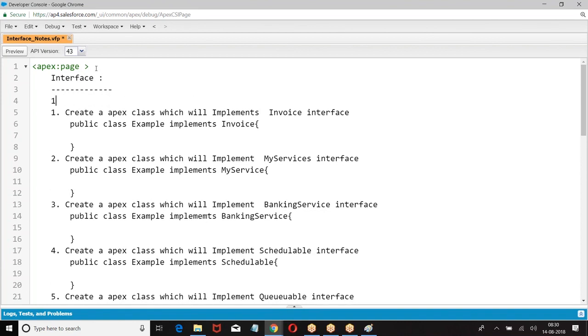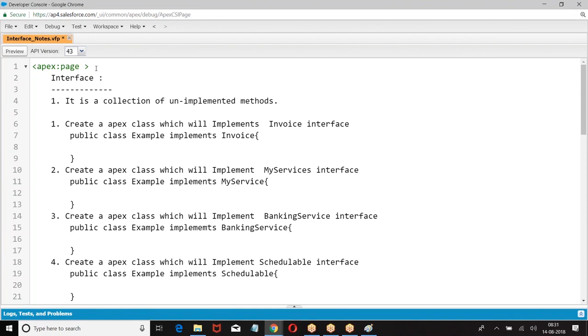What is an interface? Yes, Amma. Can we implement multiple interfaces? Yes, we'll be coming to that point. An interface is a collection of unimplemented methods.